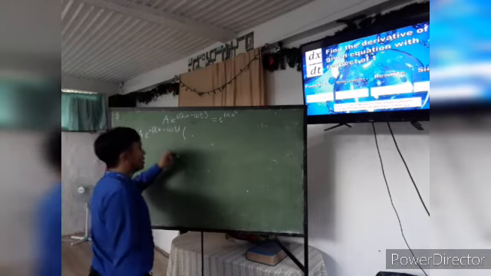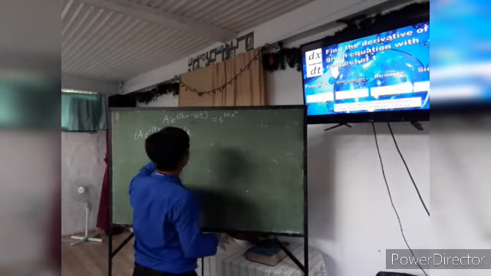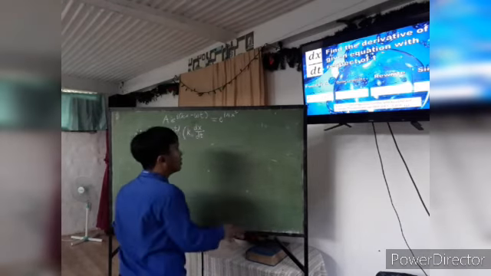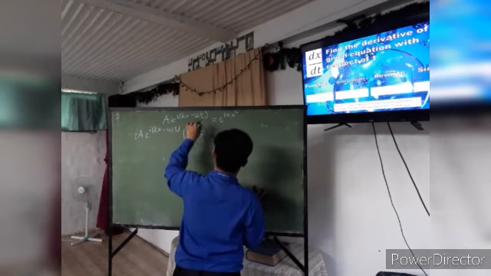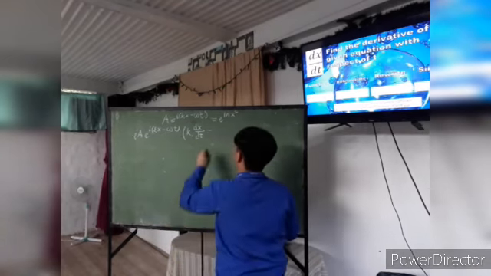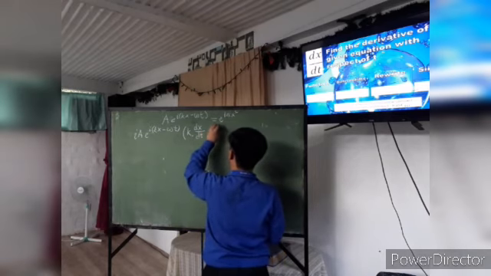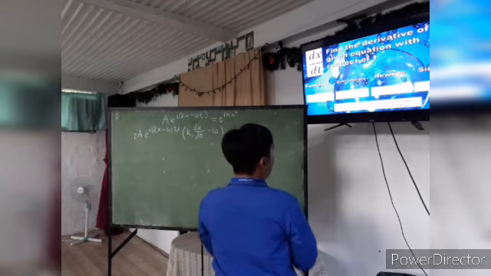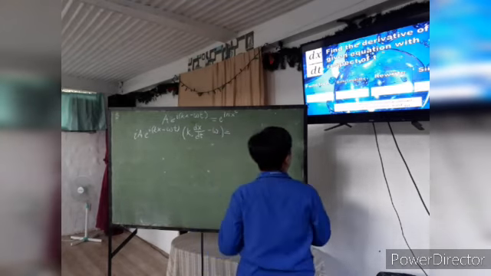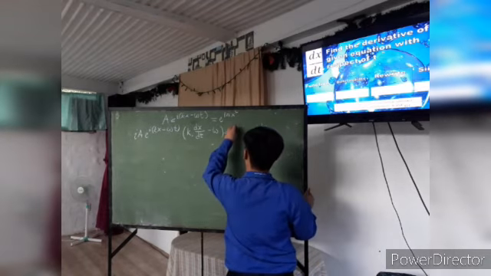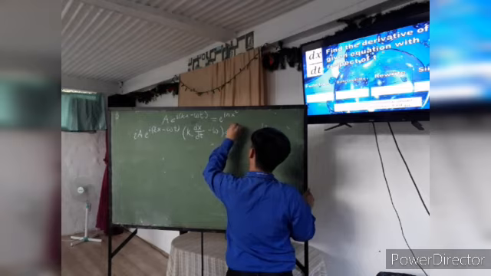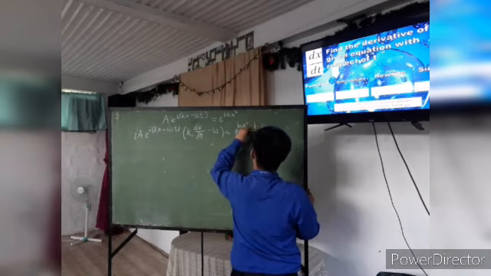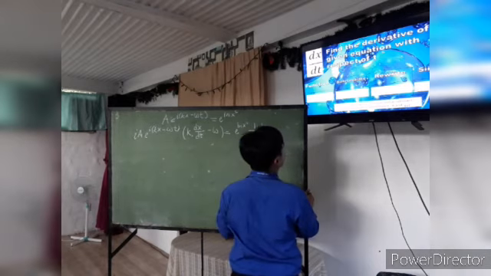I-breakdown natin ito para ma-differentiate natin is k of d of x over d of t minus, syempre, t, pag-differentiate natin t, matitira ay omega as a constant, is equals to apply the one of the rules, logarithm rule. Natural logarithm rule is e raised to natural logarithm of x squared. Then 1 over x squared